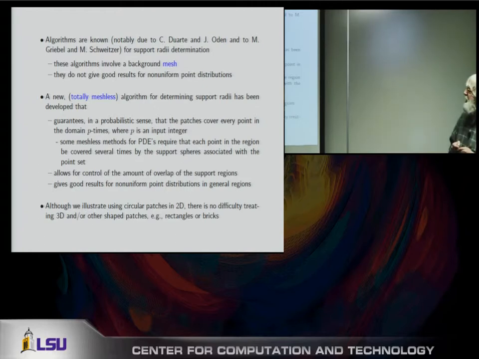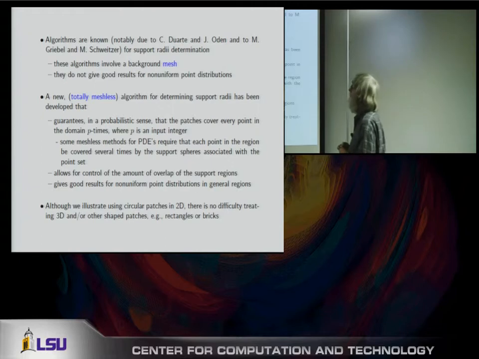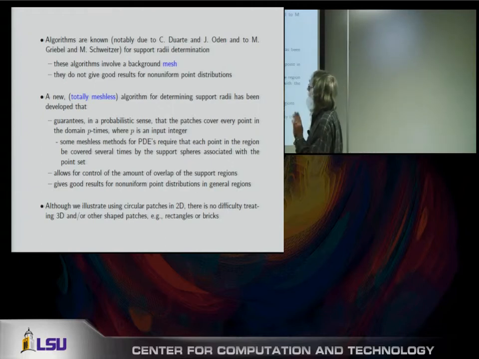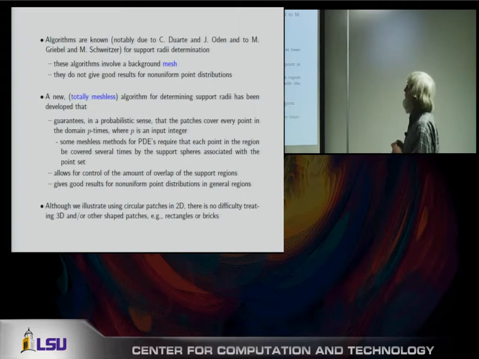So the two algorithms, which are somewhat similar, that are in use or have been in use, are one by Duarte and Oden, and the other by Michael Griebel and Schweitzer. These also, to determine support radii, involve a background mesh, and they don't give